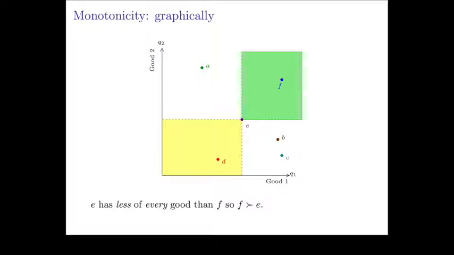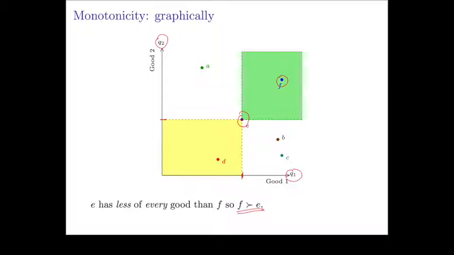So we've got the quantity of good 1 on the horizontal axis and the quantity of good 2 on the vertical axis. So let's look at this bundle E. It has a certain amount of good 1 and a certain amount of good 2. Now E has less of every good than bundle F. So what monotonicity tells us is that F has to be better than E,